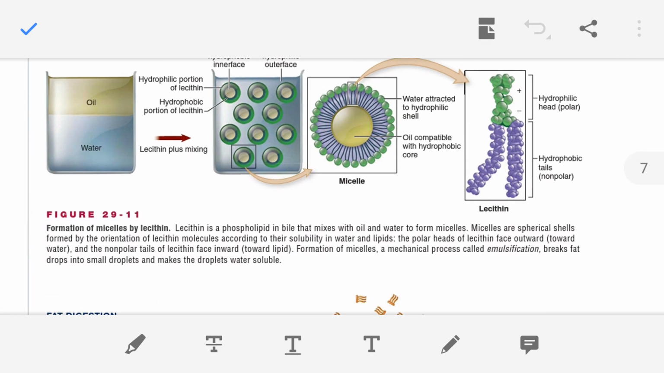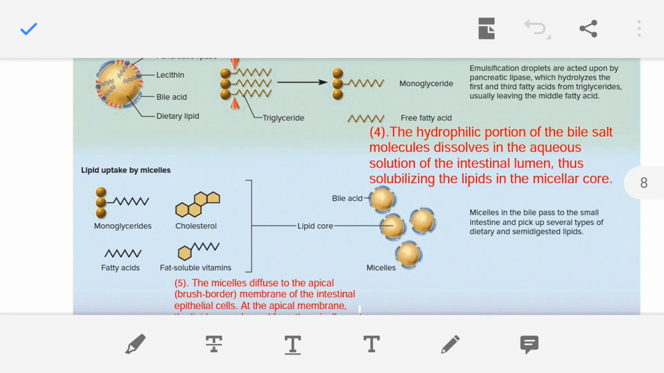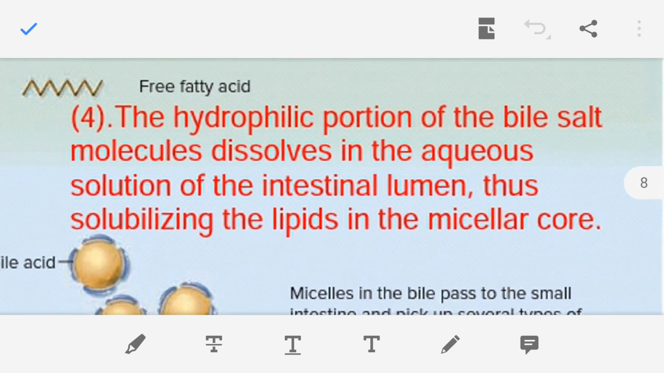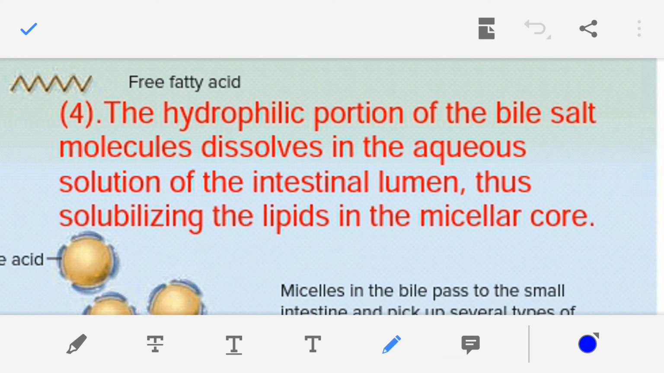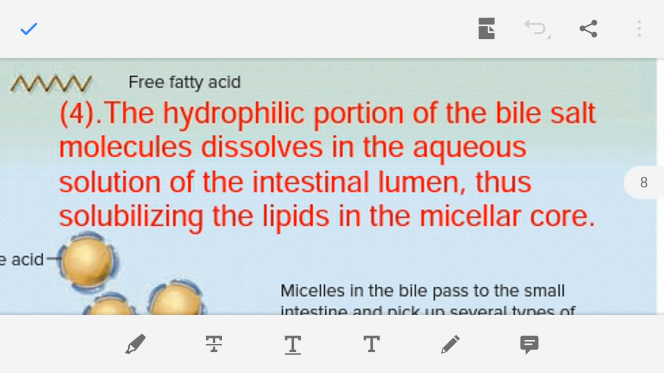Now what happens to this micelle, where are they going? So this point I have explained to you, that this is the fourth point. The hydrophilic portion of the bile salt molecule is dissolved in the aqueous solution, that means in the water of the juices of the intestinal lumen, and this is how these bile salts are solubilizing the lipids by forming the micelle. Okay,